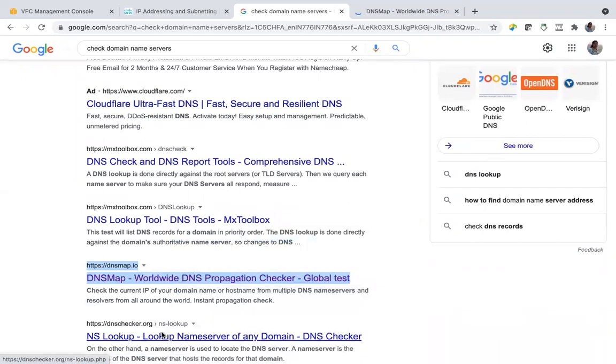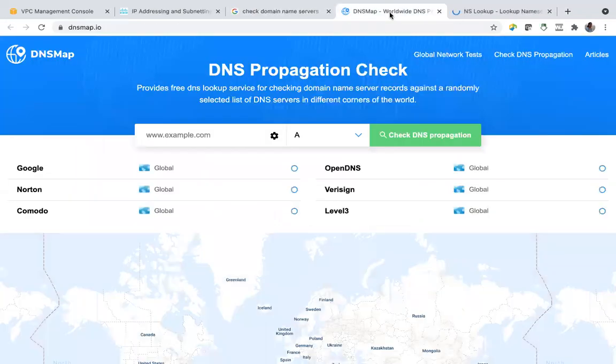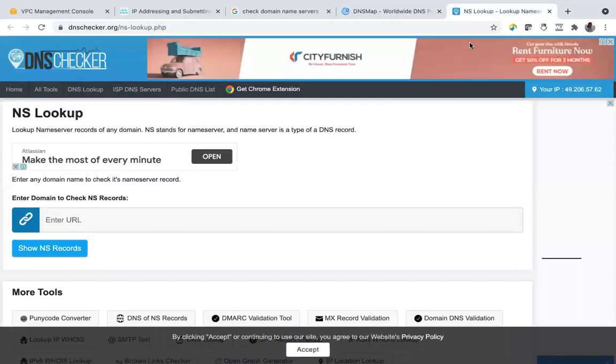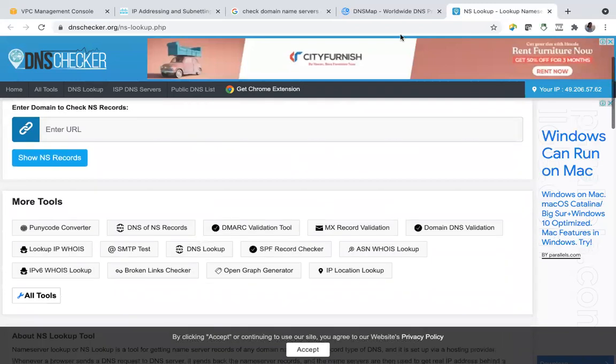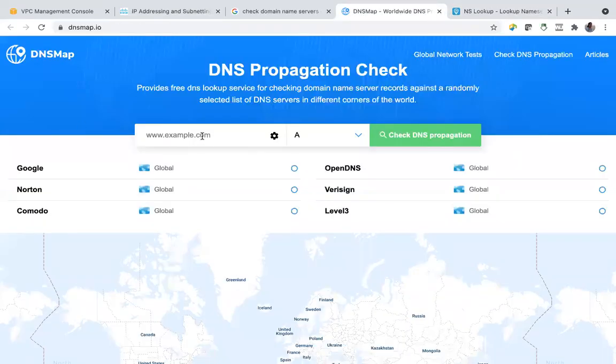So this DNS checker is there. Let us go with this. You can also use this. DNS checker is there. Let us give any URL. Let's say www.amazon.com. Check DNS propagation.